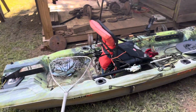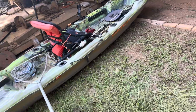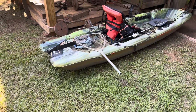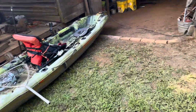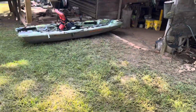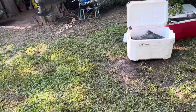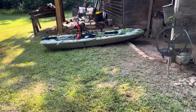I got to thinking about it on the way home today. I think I've made, I want to say 6 trips to the river this year catfishing. I have used earthworms. I have used catawba worms. I have used cicadas. I have used chicken breast. I have used cut brim. And that kayak right there, I'm